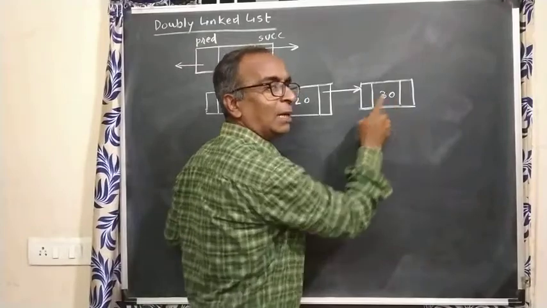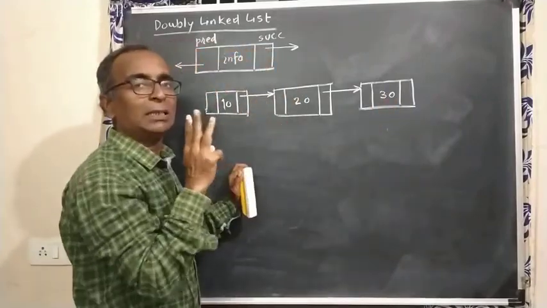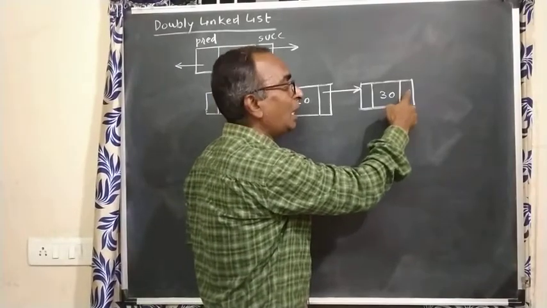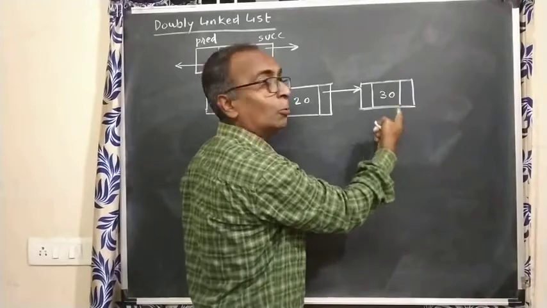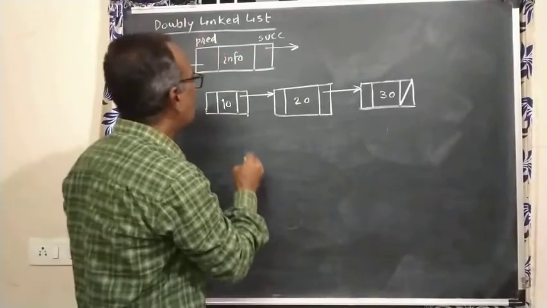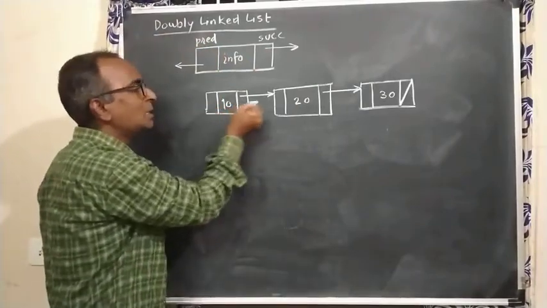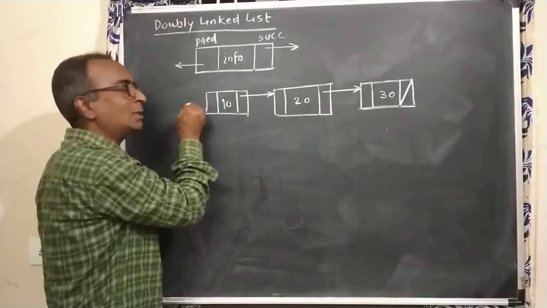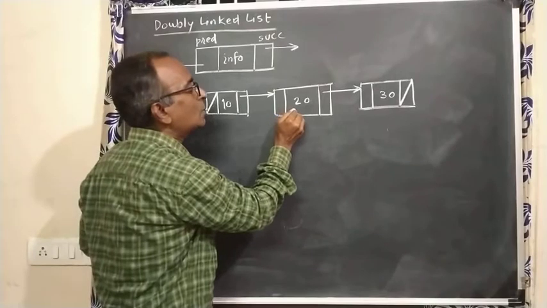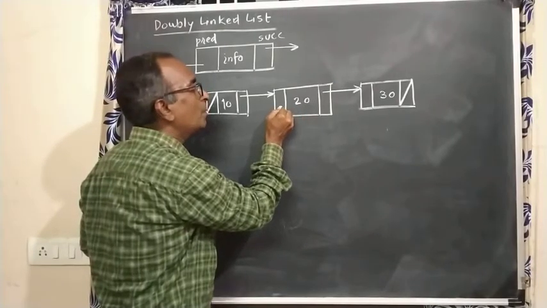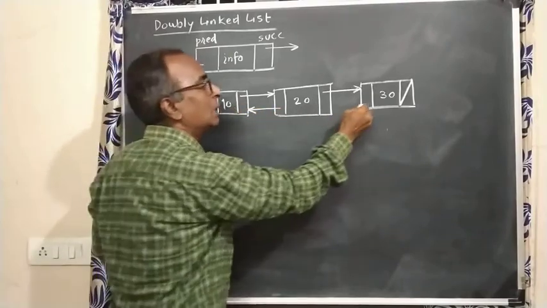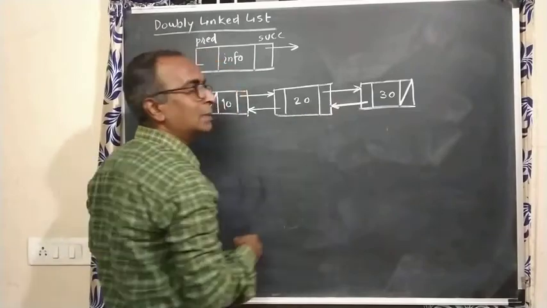Now I am saying this doubly linked list contains 3 nodes only. So what does this field contain now? Does it have another node, a successor node? No. So we will show this pictorially as null, right? Now we'll set the predecessor. As 3 nodes are there, there is no predecessor for this, so this field will be null, right? Now which node is the predecessor node for this node? This pointer points to its predecessor. This field points to its predecessor. This field, it points to its predecessor.